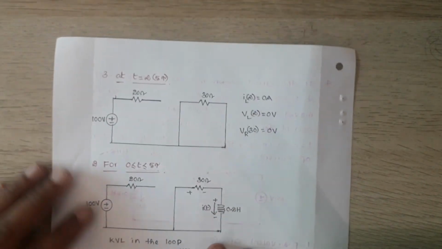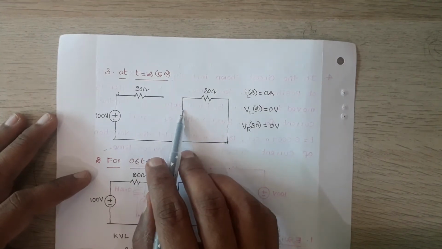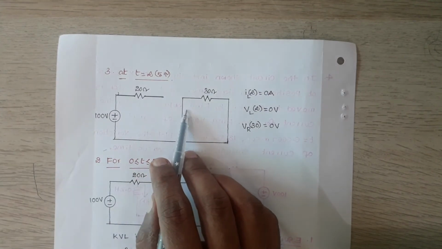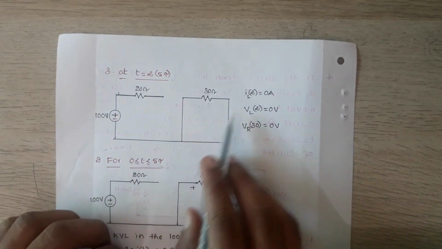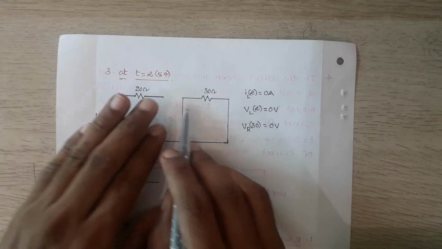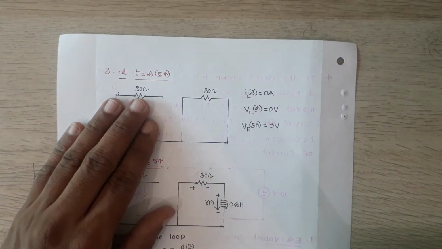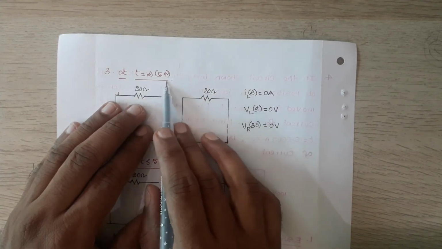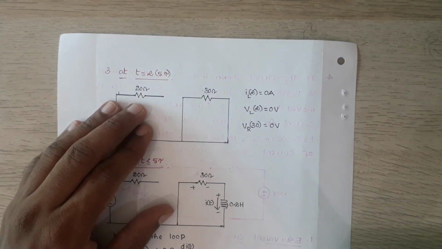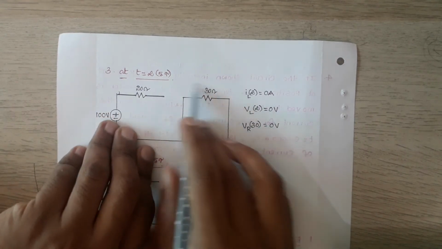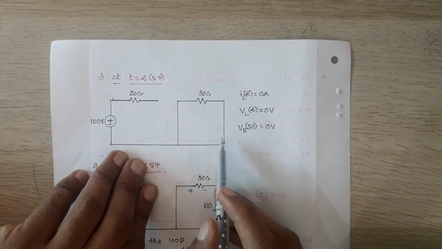So next, at t equal to infinity, the switch is moved to position B. So there is no need to take this branch because there is no current in the circuit. The RL circuit is disconnected from the source, and at t equal to infinity the inductor is at steady state, which is nothing but 5 time constants. So this is the equivalent circuit at t equal to infinity, or otherwise 5 time constants.